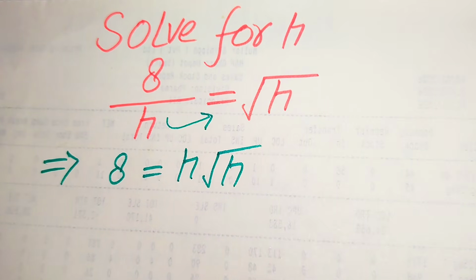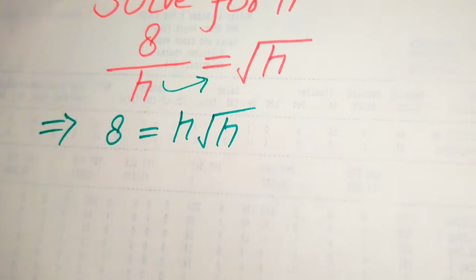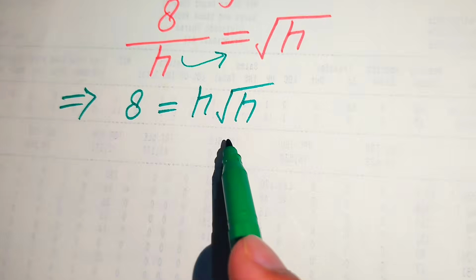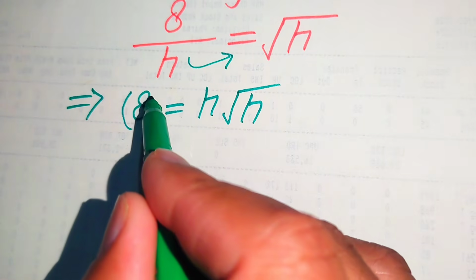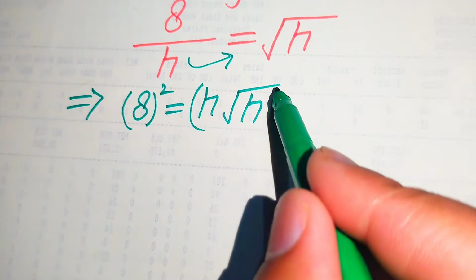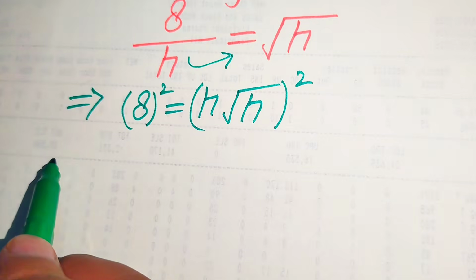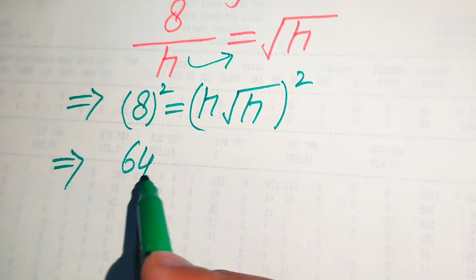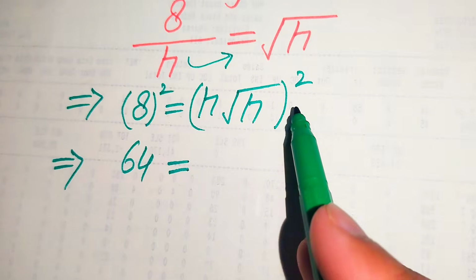Here we need more simplification, and we need to remove the square root sign from the right hand side. For this we apply squaring on both sides. When we apply squaring, it will be written in this form. This is 8 squared, and 8 squared becomes 64 is equal to,